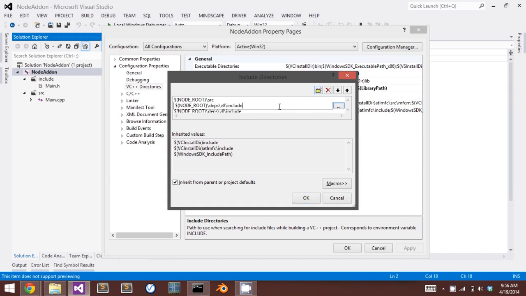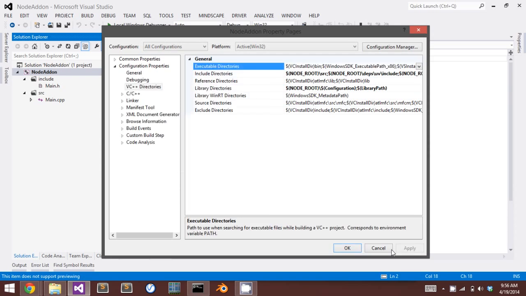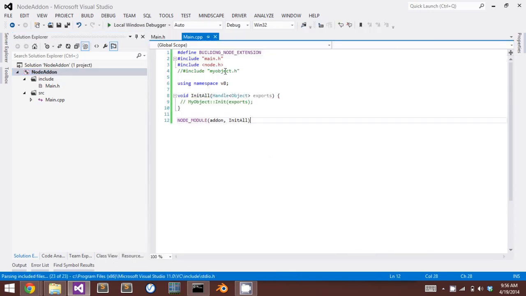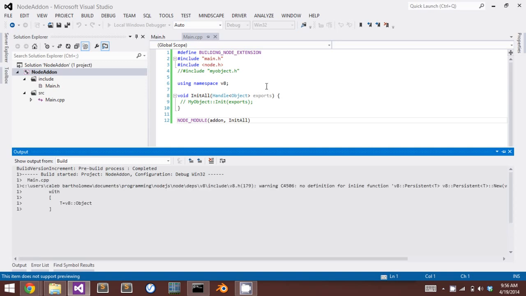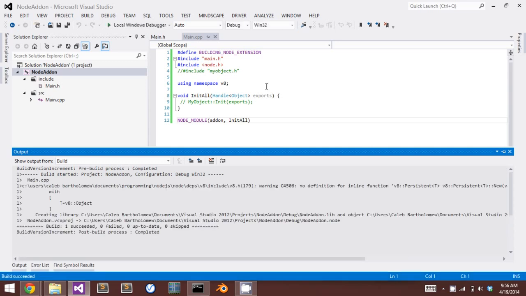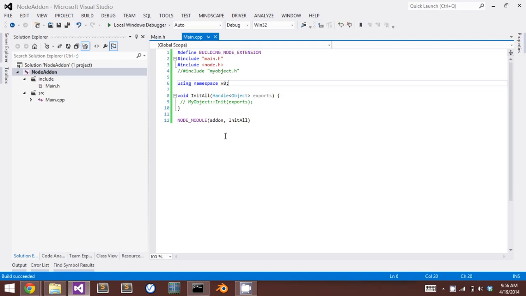And we're also going to add UV, and UV is Node.js's event loop. So that will give us access to the event loop includes. And with any luck, it finds v8 now, and now we can, in theory, compile this, and we shouldn't have any errors. Alright, so it looks like it worked just fine for us. Now, we're getting pretty close to being able to test our application, but we also want to be able to wrap a Node.js object. But before we go into wrapping an object, I just want to explain really quickly what